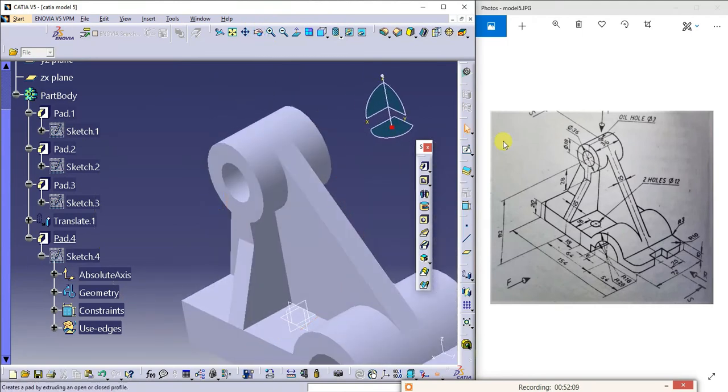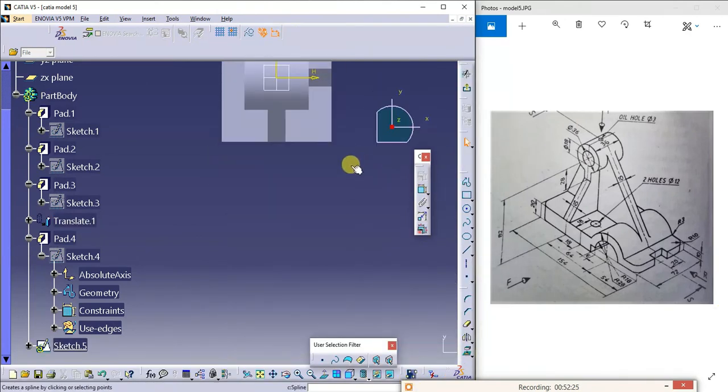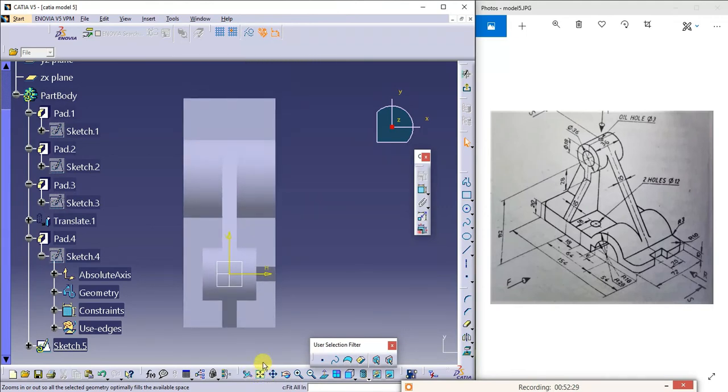Okay, now I need to create these two holes of diameter 12 mm. So what I do, I'll select this plane, I'll go for the sketch. Here one hole, one more hole here.